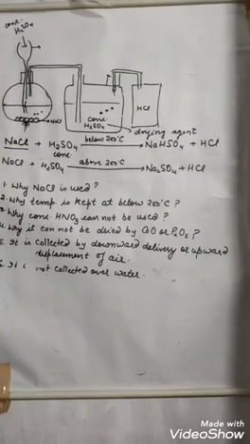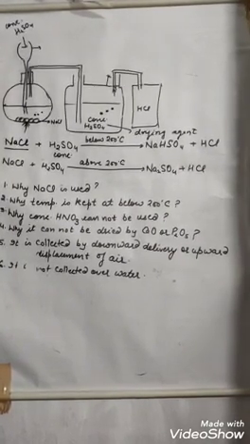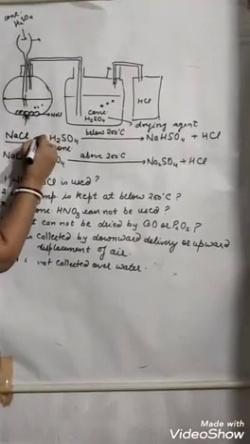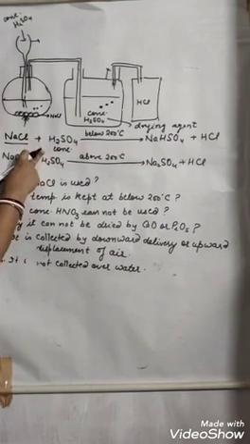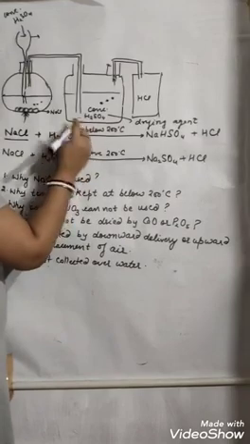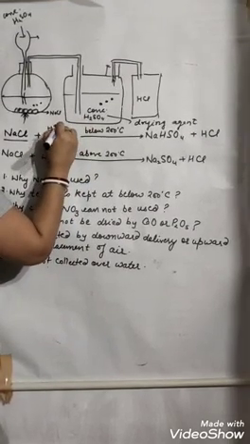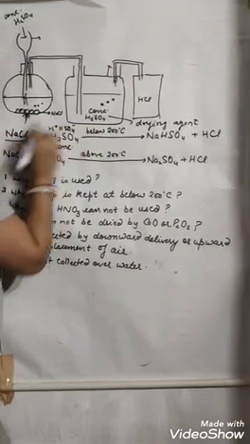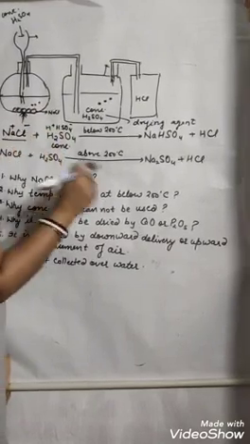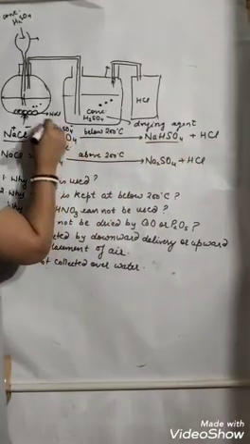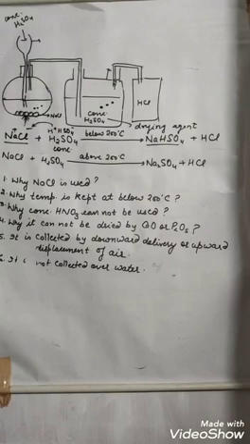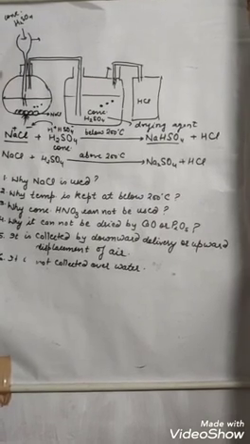Now this is the lab method of preparation of HCl. How can we prepare HCl? For this, first we need NaCl. NaCl is going to react with concentrated H2SO4. Temperature we should keep below 200 degrees Celsius. Below 200 degrees Celsius it will break down into H plus and HSO4 minus, Na plus and Cl minus. Na is going to react with HSO4, forming NaHSO4, and H is going to react with Cl, forming HCl. Our purpose was to make HCl. HCl has been made. But how?